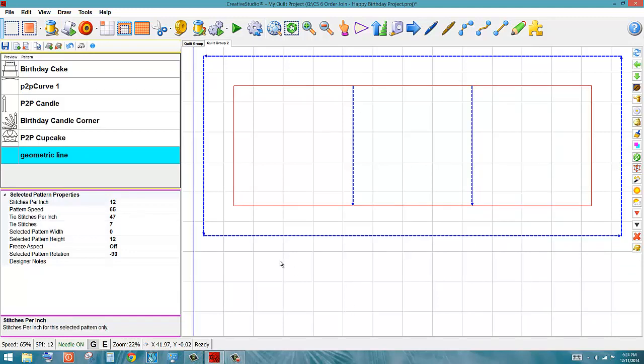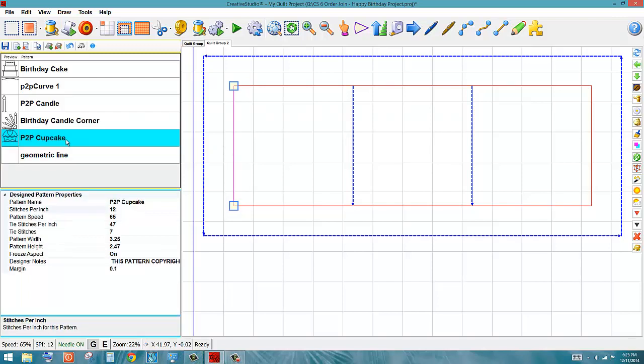Now we're ready to play with one of the new features. Apply Pattern works with point-to-point patterns. This cupcake pattern is a point-to-point. Earlier I mentioned that I went clockwise when I clicked this inner border, and that's because the base of these cupcakes is going to follow the direction that the stitching direction is for this line. So with the cupcake highlighted and my line selected, I'm going to hit the little paintbrush, Apply Pattern,